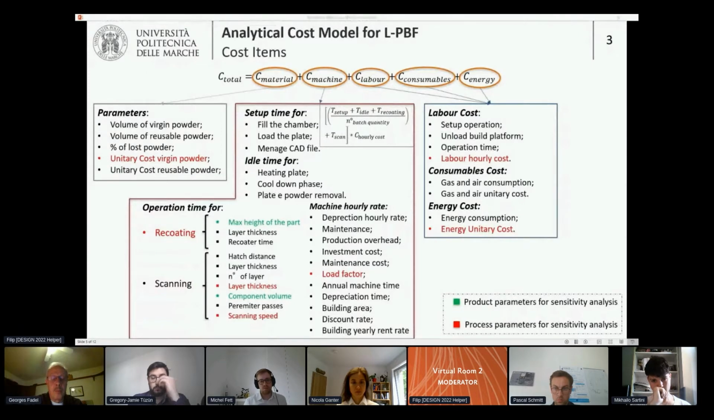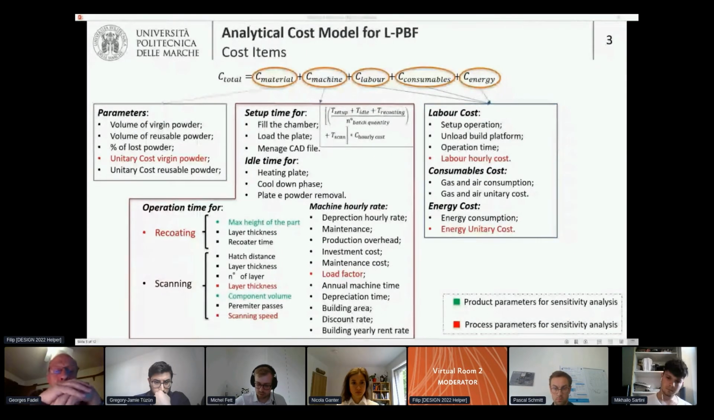To evaluate the material cost, the approach established in this study considers powder recycling. We provided a commercial value to the recycled powder obtained from the printing job that can be reused. So the main parameters involved are the volume of virgin powder filled in the printing chamber, the volume of reusable